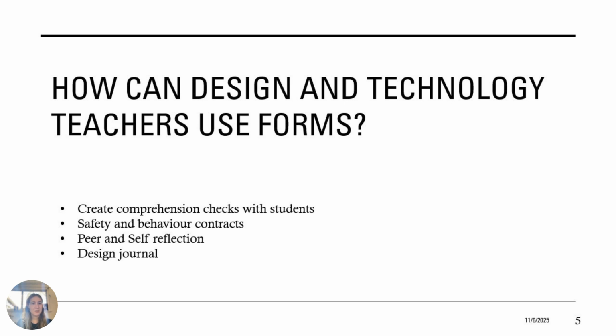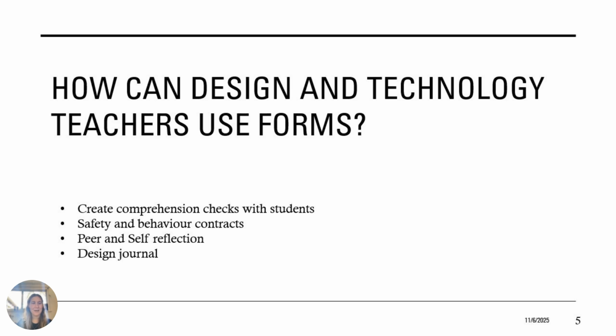I really enjoy a few other ways you can use this. Comprehension checks, so they answer the question before they get to leave the classroom. Just a way of getting feedback as a teacher, knowing that what you're teaching is getting into the students' brains. Another way is creating a safety contract, so getting all the students to agree to your terms. This is how we're going to act and behave in the design and tech workspace, and we're going to be responsible and we're going to behave this way, or there are consequences and you will be doing paperwork in the corner, you won't be able to have fun,